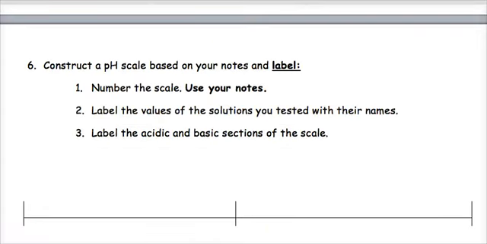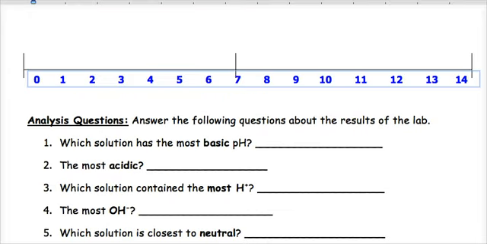Once you're finished with the graph, then you can start on the pH scale. And remember, a pH scale is like a number line. It starts at 0, goes to 7, goes to 14. And you would make these segments even numbers of segments. So your scale is going to be a 0 to 14. And then what you're going to do